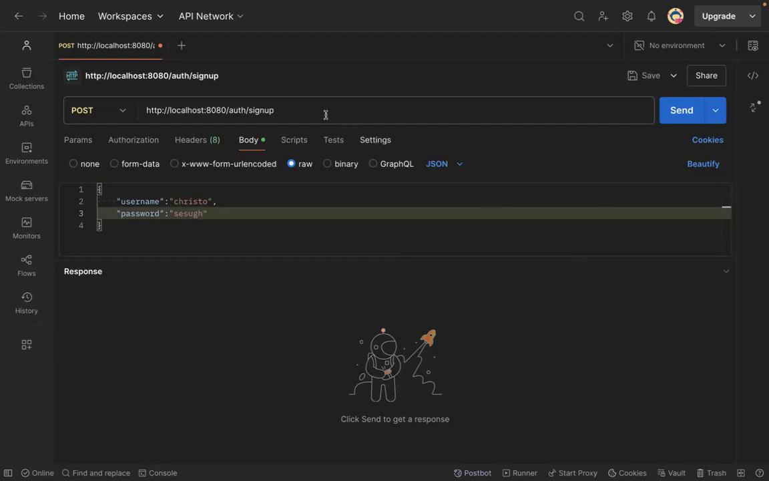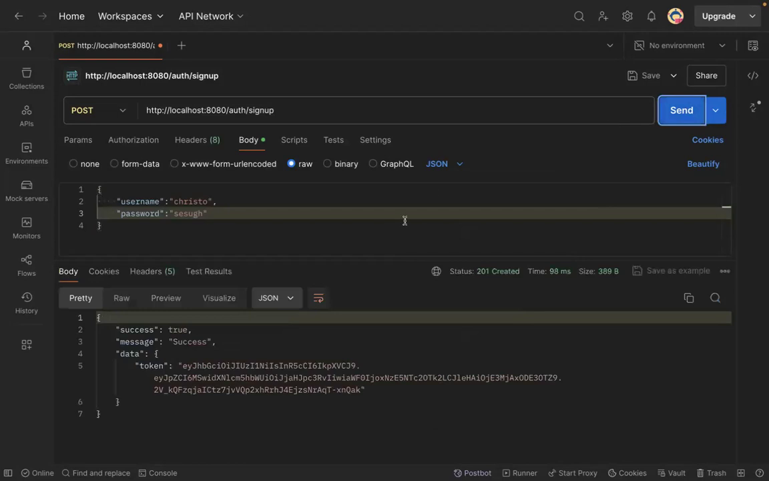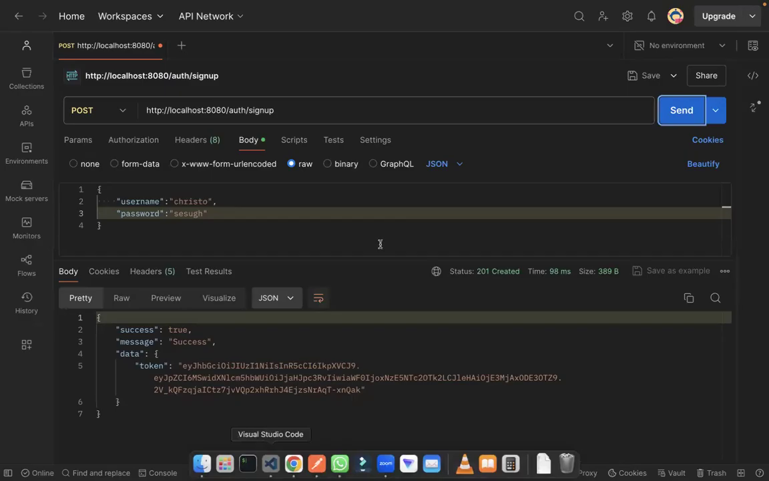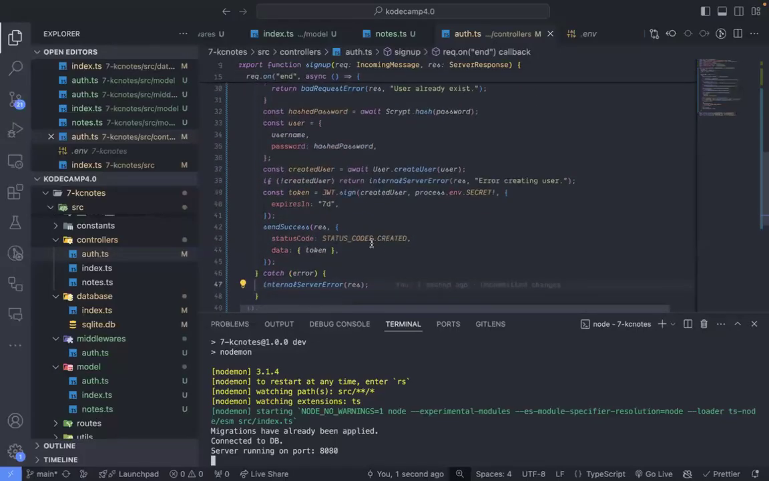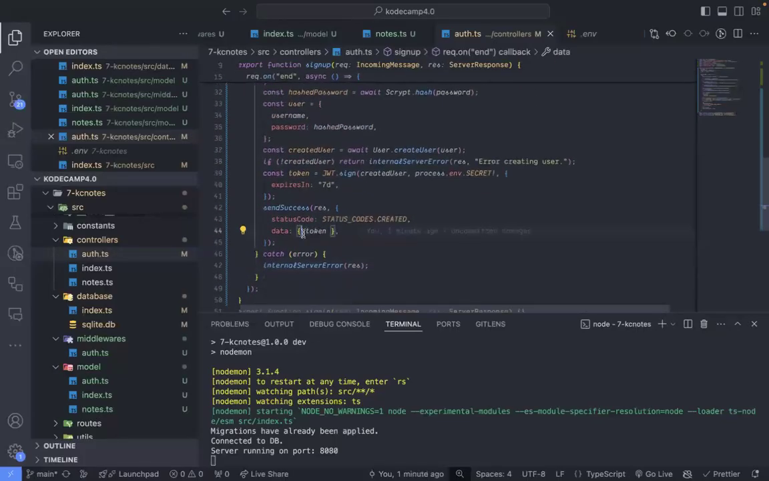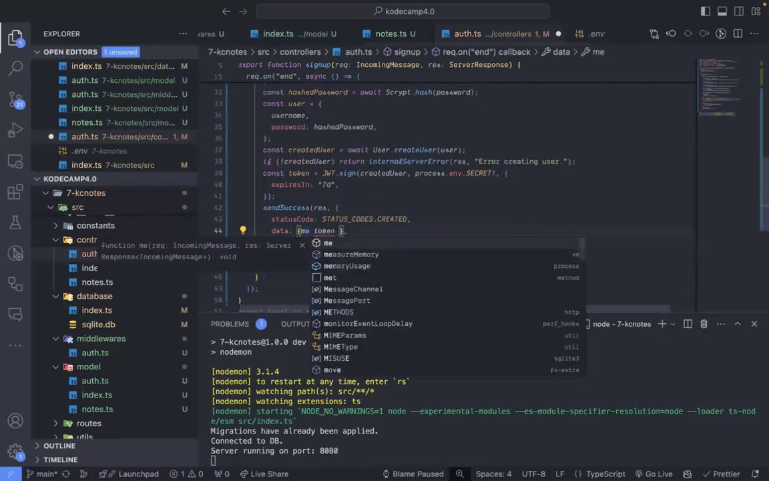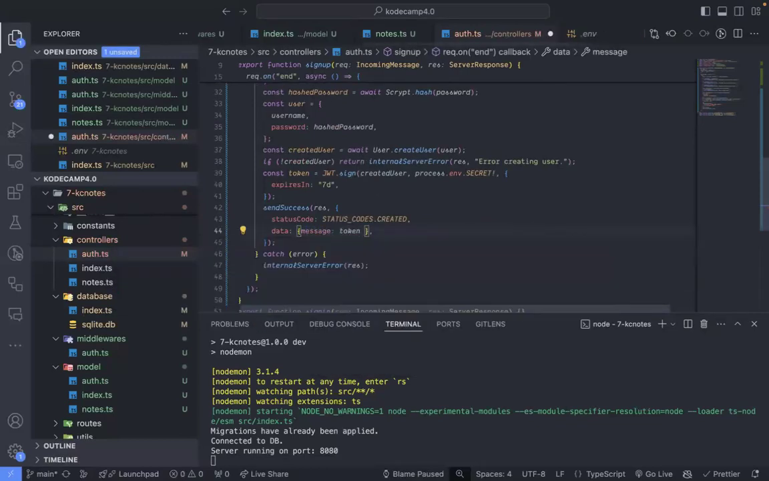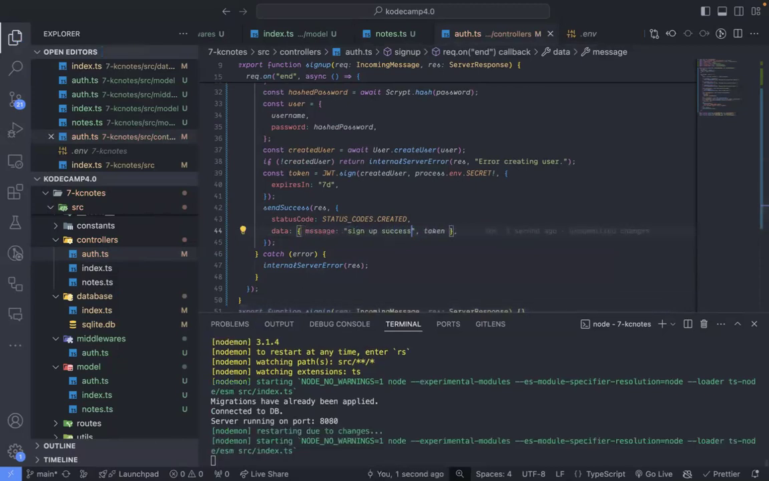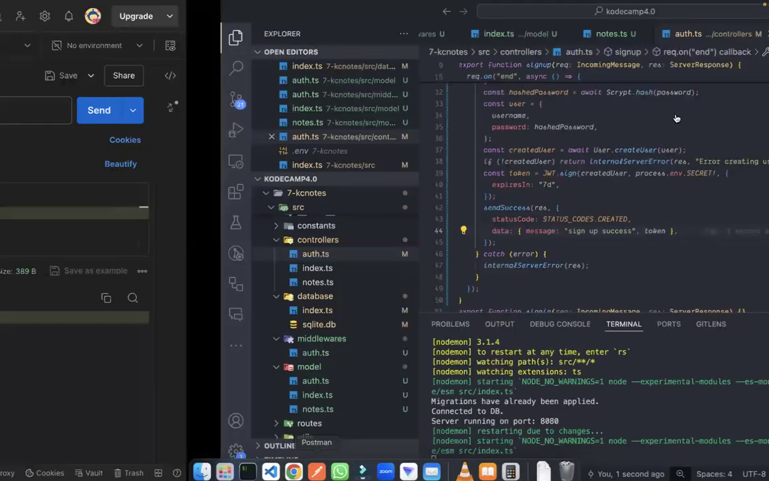Okay, let's send this request and see what we got. This is a sign up. Send. Wow! We've got a response of success is true, and the default message is success. But we can pass in a message as well. You can see message, sign up success. You can do something like that. And then if you send this request once more,